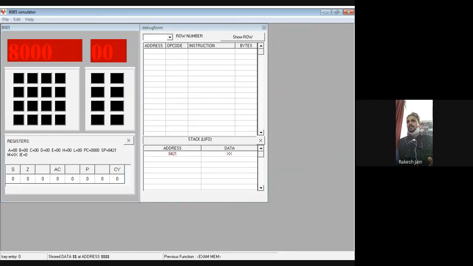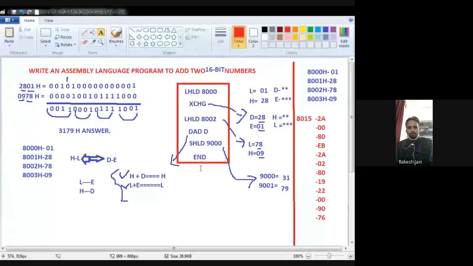We can change the data, and we can change the complete program also. Kindly once again see the MS Paint file so that you will understand the basic program. Right, this was my program. What happens if I remove this? Instead of this 8000, can I change the memory location? Yes, you can change any memory location.